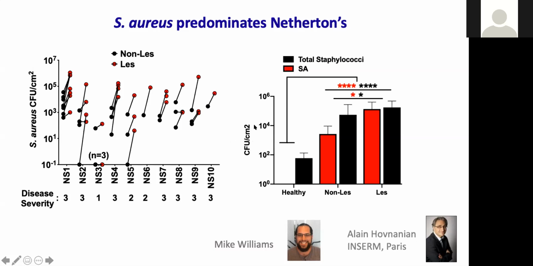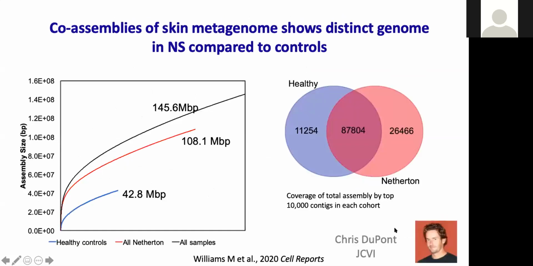If you look at the amount of Staph aureus, you can see in a healthy individual, typically we won't see any Staph aureus on a swab, but from even the non-lesional Netherton subjects, and even more so the lesional, we had a lot of Staph aureus present on those individuals. Then in collaboration with Chris DuPont at the Craig Venter Institute here, with that much microbial load,